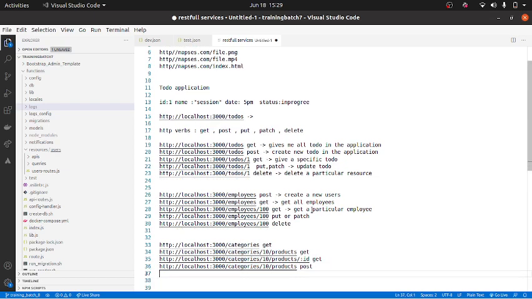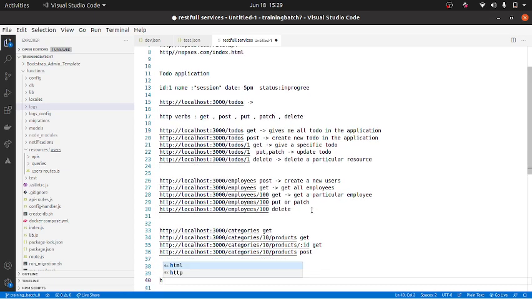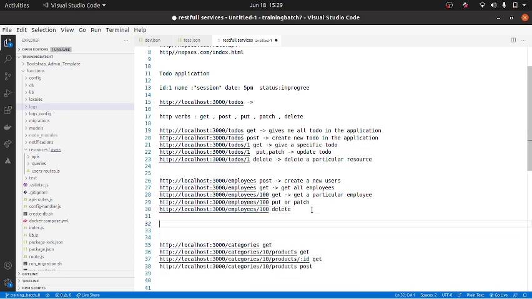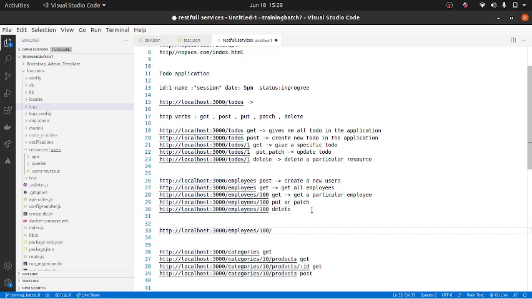Say for example, there could be an Aadhaar card. An employee has an Aadhaar card. An employee will not have multiple Aadhaar cards, only one. So there you can do employee 100 slash Aadhaar. You don't have to have Aadhaars because an employee cannot have more than one Aadhaar, correct? So you need to be careful whether to use plural or singular. Based on the kind of entity you are creating, we'll have to decide.